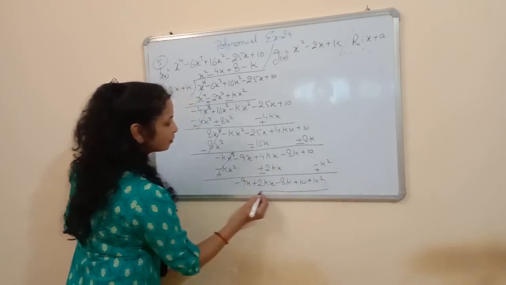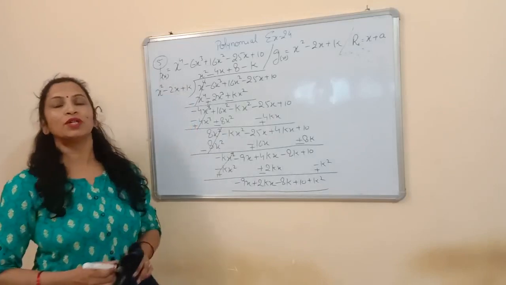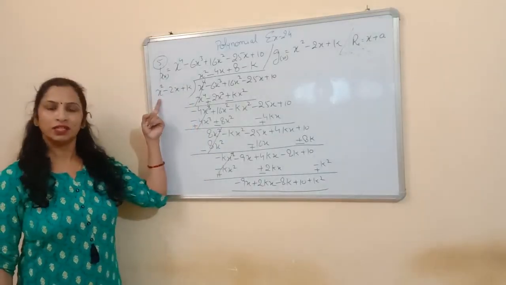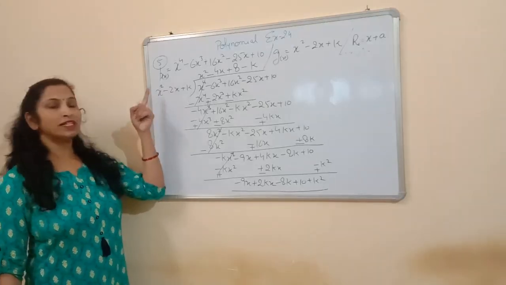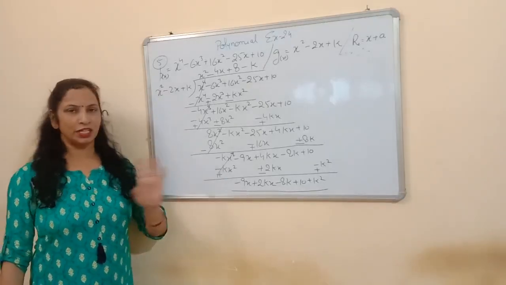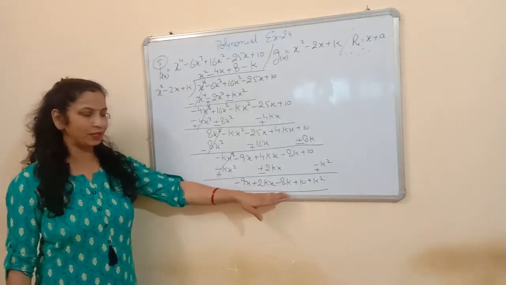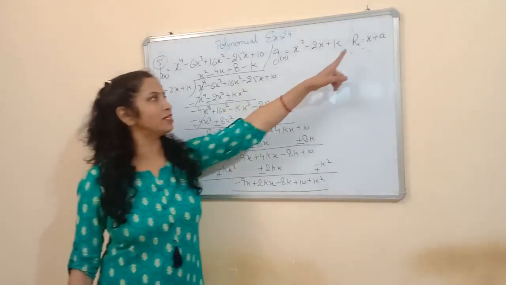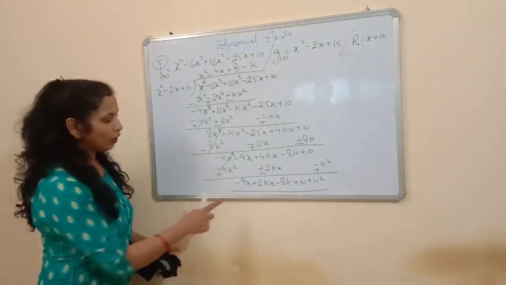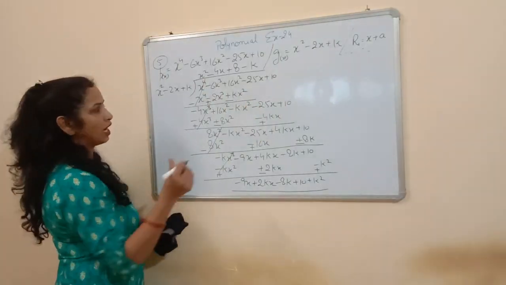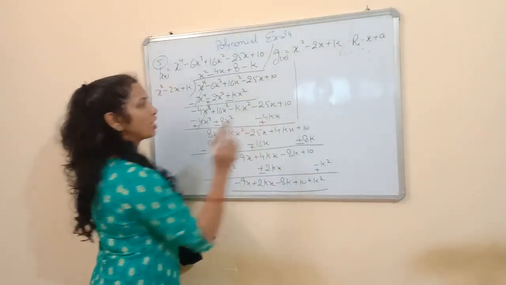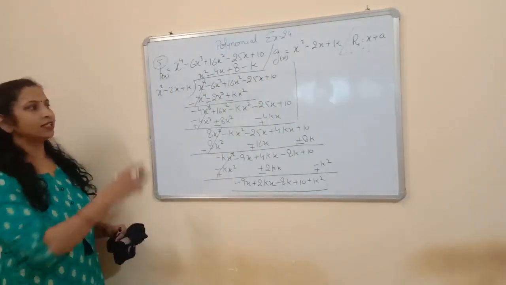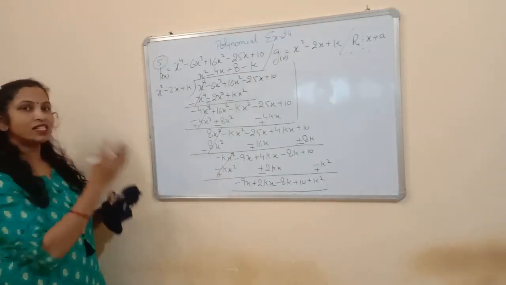Okay, this is the remainder. और आपको पता होना चाहिए, the degree of remainder is always 1 less than the degree of the divisor. तो डिवाइजर की डिग्री x स्क्वायर है, तो यानी कि रिमाइंडर की डिग्री में x तो आएगा ही, तो इसका मतलब यही हमारा रिमाइंडर है. Now we know that according to the question the remainder is x plus a, and according to us the remainder is, I am writing here, and after this I will rub the board. You can pause the video for writing this equation, for writing this division.